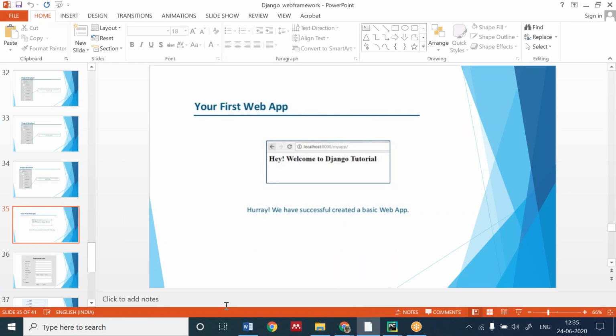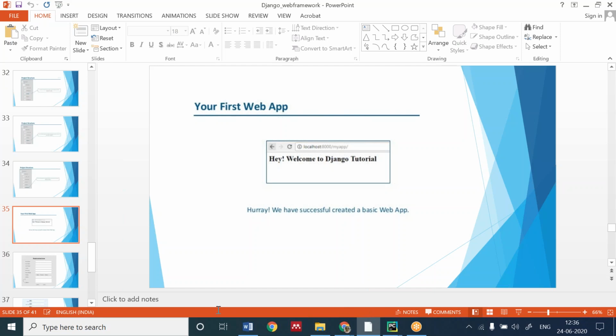Now I want to know how many of you know something about HTML? Okay. Ashwani, your problem is resolved. Okay. So how many of you know the HTML language? We are going to design the page using HTML only.